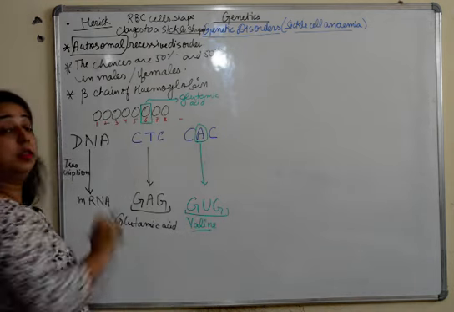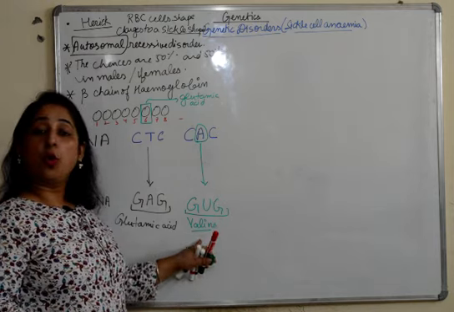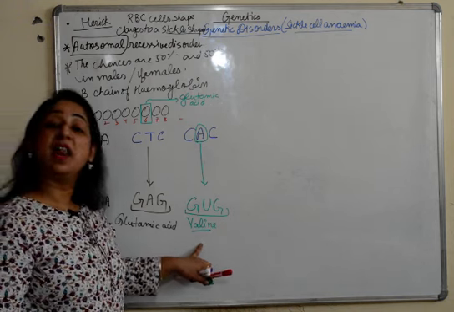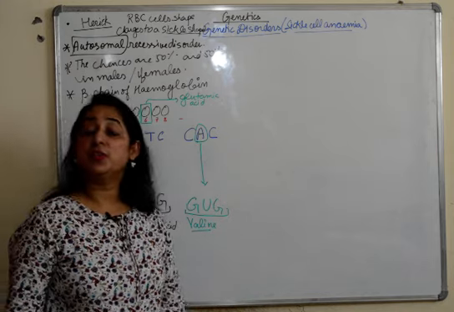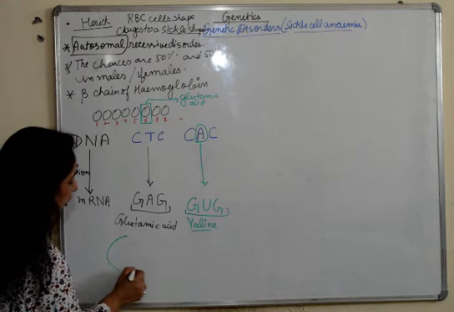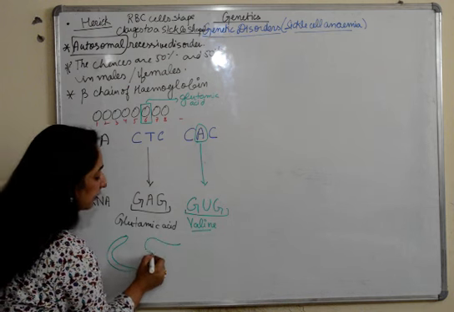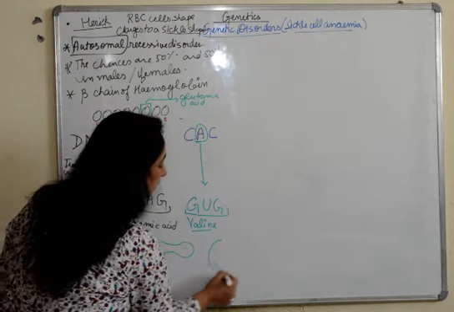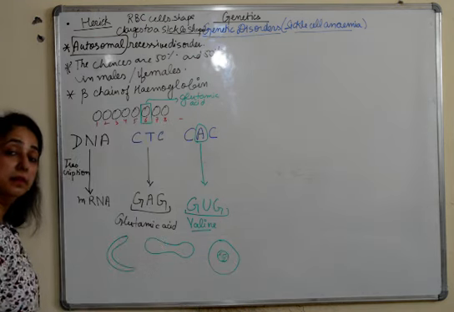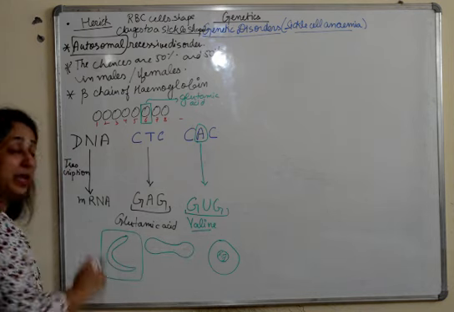So this is how this point mutation takes place, and this change of not producing glutamic acid and instead producing valine, here there is a change in the shape of RBC molecules. The shape of RBC molecules becomes sickle shaped. Generally, if we see from the side, it is biconcave. If you see from above, you will see it like a disc shaped structure, but it changes to this shape in sickle cell anemia, wherein